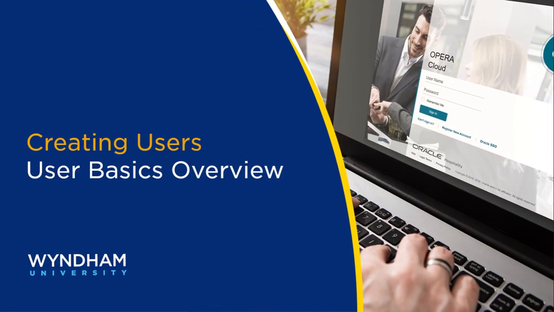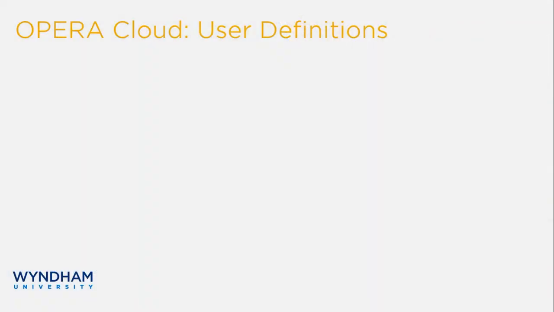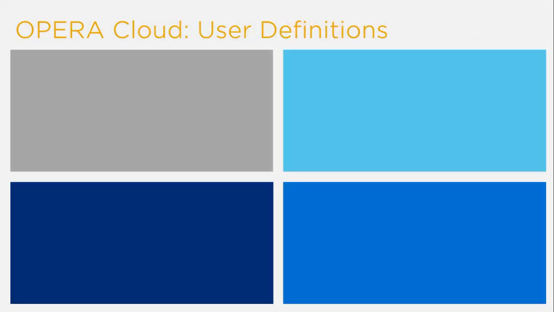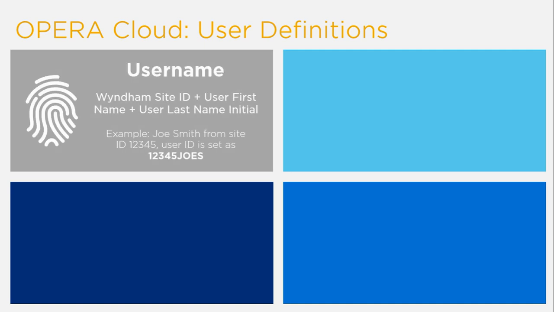Let's start with a review of the OPERA Cloud user basics. Let's review a few concepts and definitions that are unique to the setup of OPERA Cloud in the Wyndham environment. We will start with the username. This is required for OPERA Cloud logins and is a combination of the hotel's 5-digit Wyndham site ID number, the user's first full name and last name initial. An example for Joe Smith from site ID 12345 would have a user set as